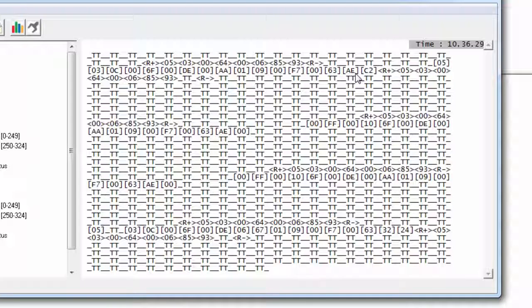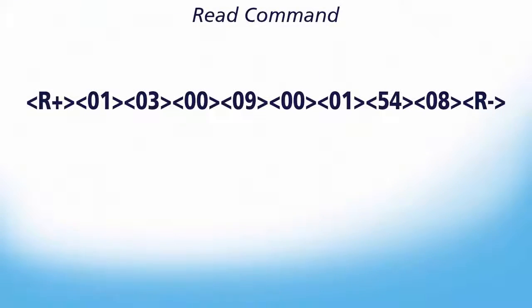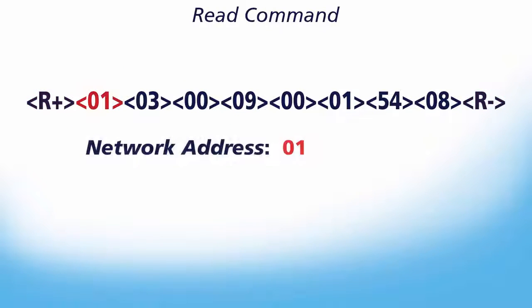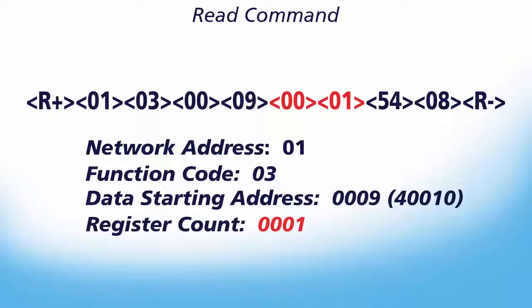So now we'll do a quick overview of the message composition. In the case of a master sending a command out, in between the R+ and R-, we have a series of characters in arrow brackets. This message represents what a typical read command would look like. The first part is the node address on the network, which is 1, then the function code of 3, and the next several characters refer to the data requested or being sent. The starting address, which is 0009, which would translate to Modbus address 40,010, the register count of 1, and finally